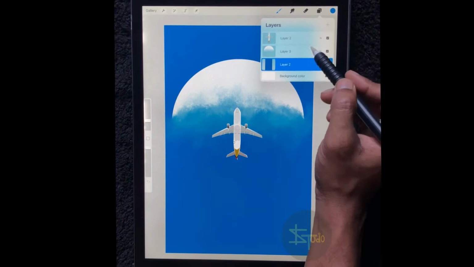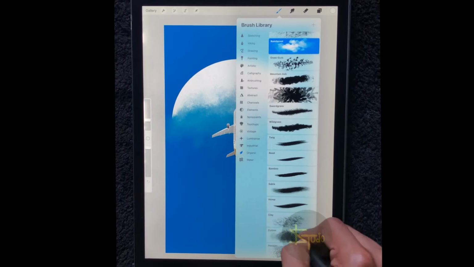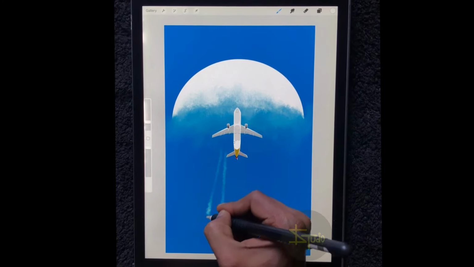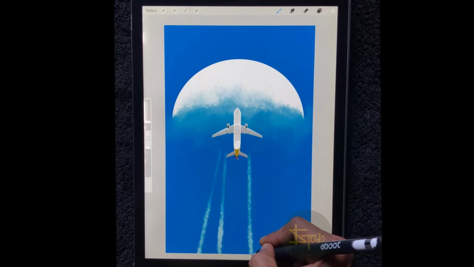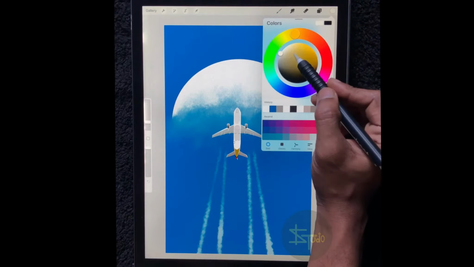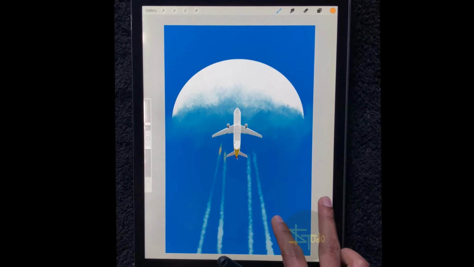See, I'm dragging the color and the background is changing because I did every portion of my drawing in a different layer. The background is different, the sun is a different layer, the plane is a different layer. For the smoke, I used the cotton brush, so it looks so real.